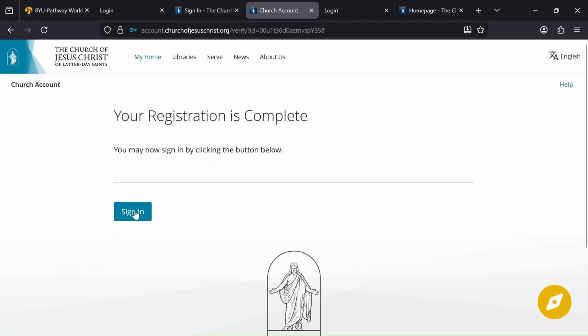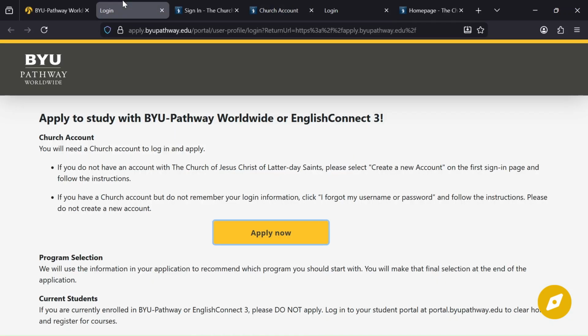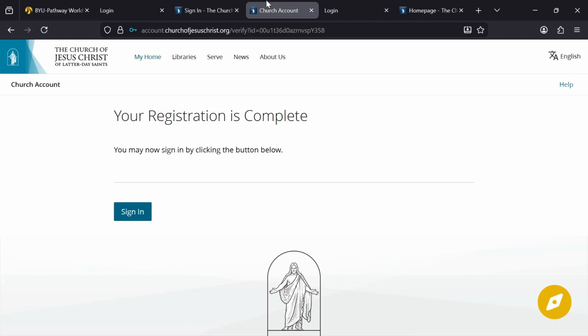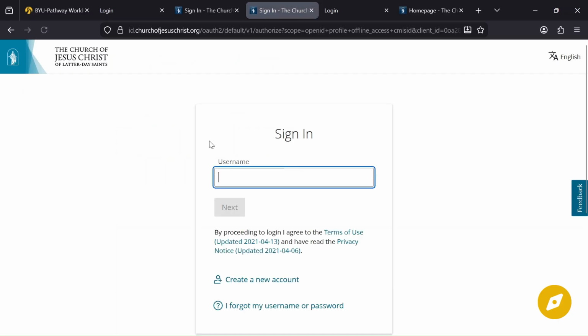We can choose to sign in, or we'll go back to the portal to our apply page and then click apply now. Usually, immediately we are done creating our account, they will take us back to the registration process. If you're not taken back to the registration process, you can choose to sign in and then you sign into the church official website. So remember, our username was